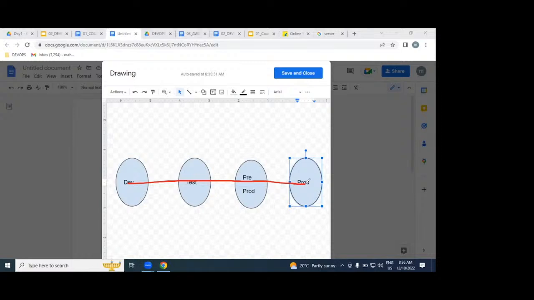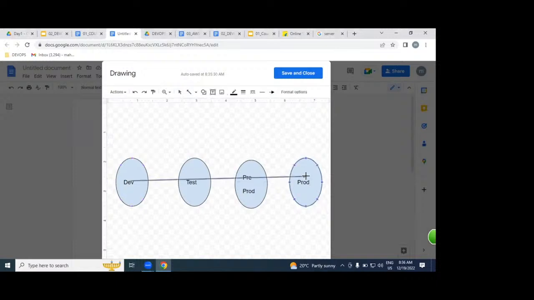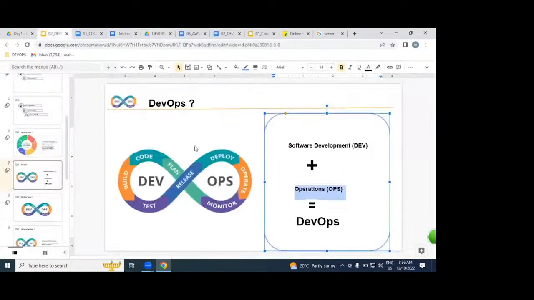But my point is, as a DevOps engineer, our roles and responsibilities start from where? The dev environment, and end with production. It's nothing but operations, guys, please. That is the point I want to discuss with you.